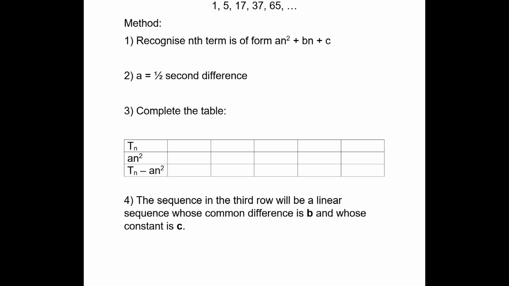Let's try another example. We want to find the nth term of this sequence, 1, 5, 17, 37, and so on. So firstly, let's work out the second difference, so we can work out a. So we're adding 4, then we're adding 12, then we're adding 20, then we're adding